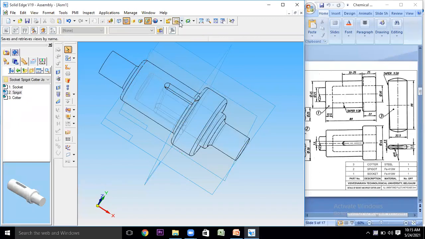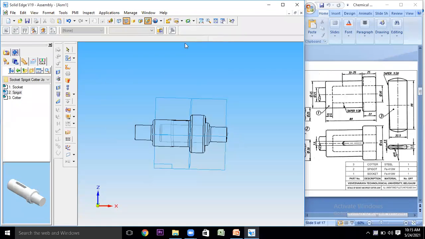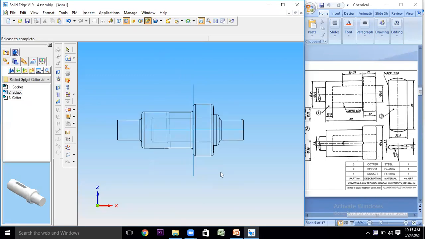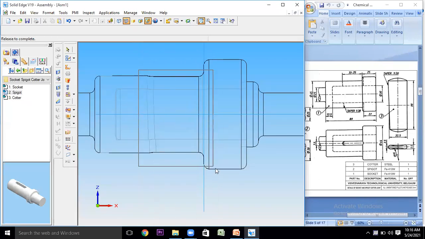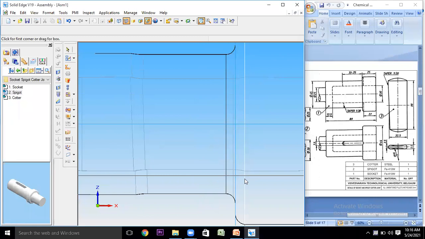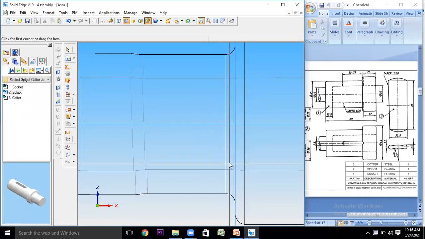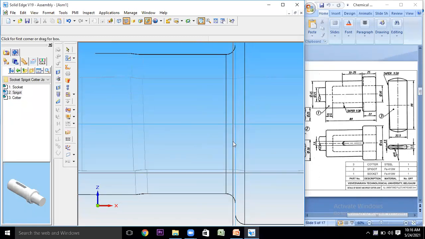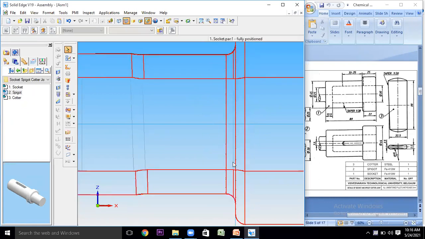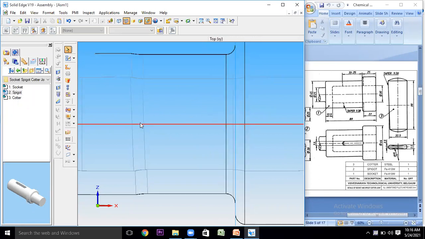Okay. Now if you see it in the front view, you can see that it is perfectly aligned. See, this socket has been perfectly aligned. So you should check whether the straight line is perfectly aligned or not. If it is not perfectly aligned, then there will be some mismatch over here. That is what you should check, whether it is correctly done or not. Then once it is done,